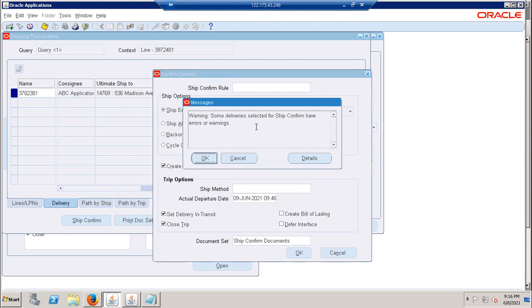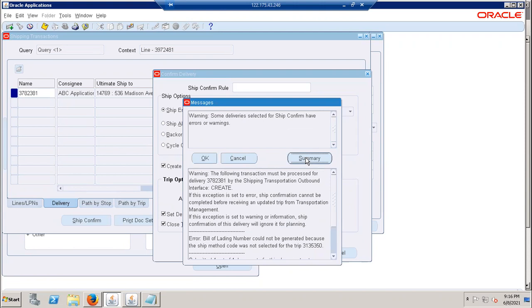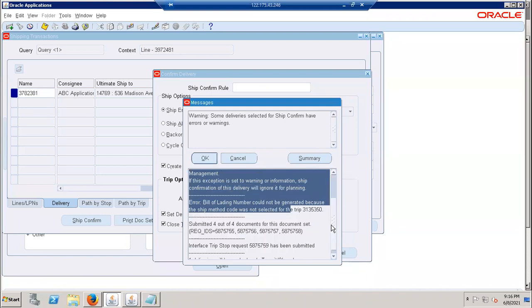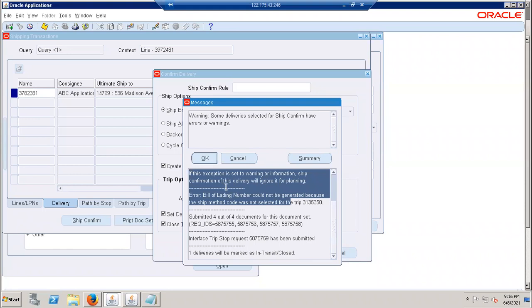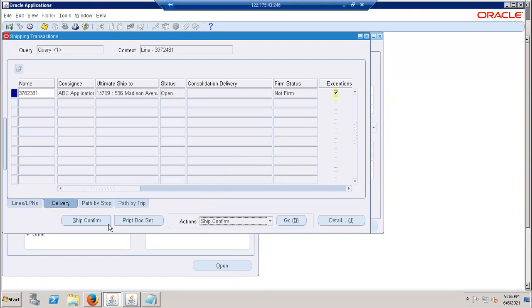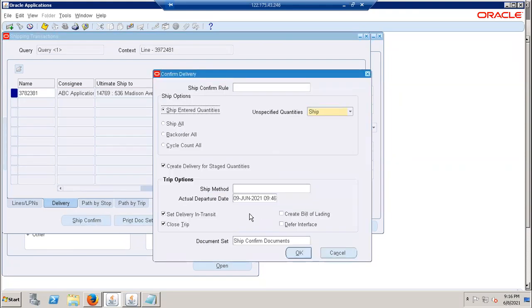There is a ship confirm error and warnings. Yeah, the transportation on that day, if you remember, as Rajiv was saying. Click on OK. I think bill of lading. Wait. Yeah, you have not done. Click on OK. We'll see.